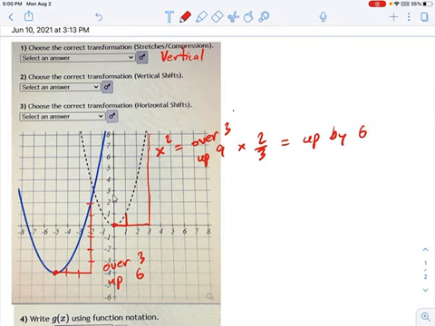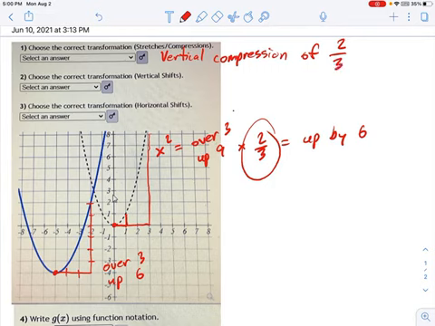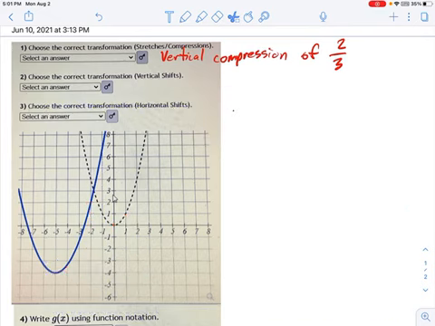So what that means is we have a vertical stretch. I'm sorry, this is less than 1, right? Vertical compression of, and then you take that factor of 2/3. Vertical compression of 2/3. Now in the drop-down menus, you won't have to go through all this detail because it'll have a few choices for you. And it will be clear what you're supposed to do. Like it'll say vertical compression 2/3, vertical compression 3/2. So it'll be a limited set of choices. And you can also use that limited set to kind of narrow it down quicker than we did right here. But this is the full detail method in case maybe you're going backwards and trying to figure out the function just based on the graph.